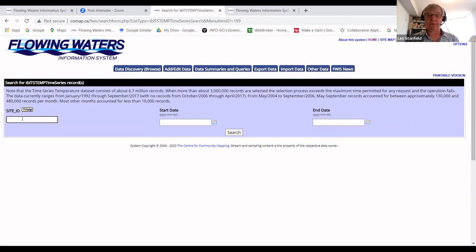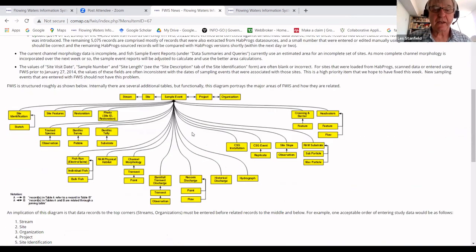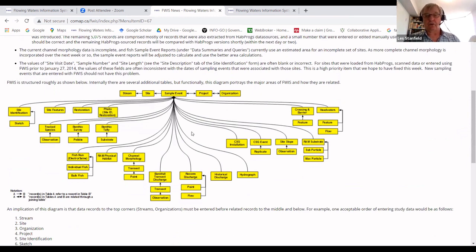But if you want to search for it by the site codes, when the date was, you can search for the digital temperature data. And as I said, there's 460 sites. Each of those has a long, upwards of 4 months to longer data set associated with each record. So it's a fairly massive data set. We also have a section in here called FWIS News. And I want to spend a second or two on this page because, and you don't have to memorize this,